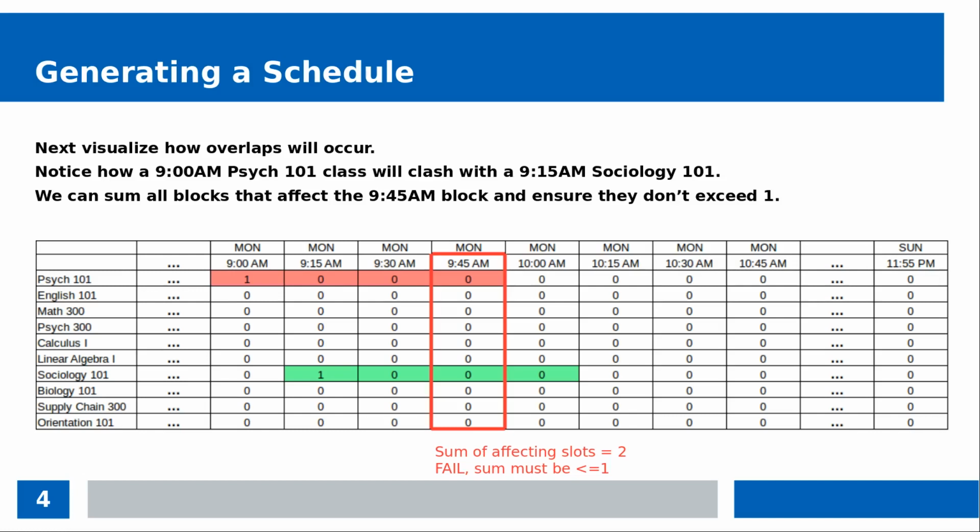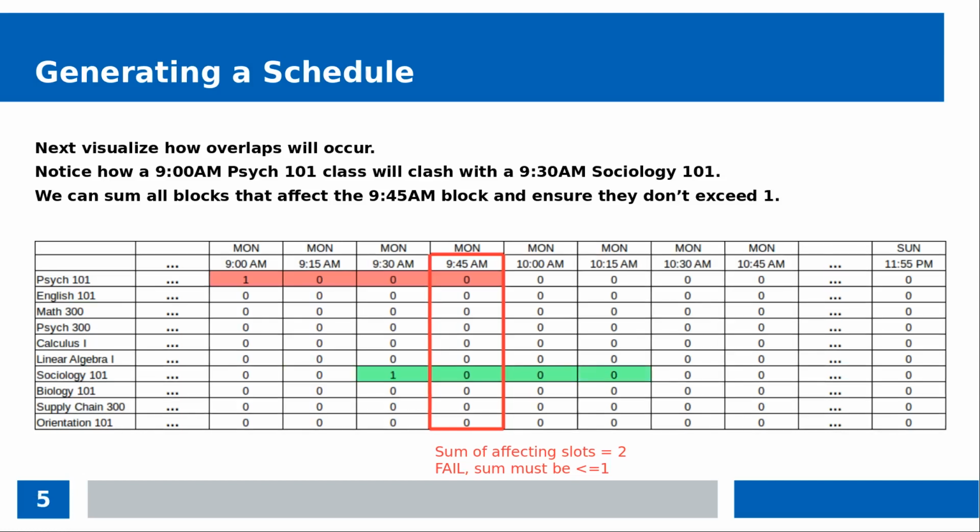For the 9:45 a.m. slot, we only want one class occupying it, but we have two. And how do you mathematically describe this? You can see that Psych 101 and Sociology 101 touch the 9:45 a.m. slot, and the slots that affect the 9:45 a.m. slot, the ones that precede it, the sum of those is 2. And so if we